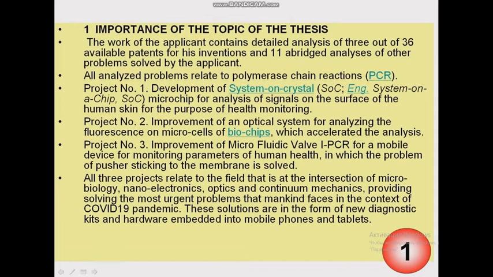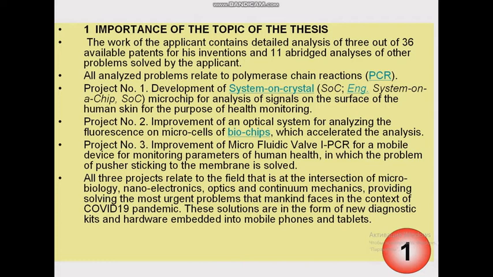Chapter number 1. Importance of the topic of the thesis. The work of the applicant contains detailed analysis of 3 out of 36 available patents for his inventions and 11 short analyses of the other problems solved by the applicant. All analyzed problems are related to polymerase chain reaction